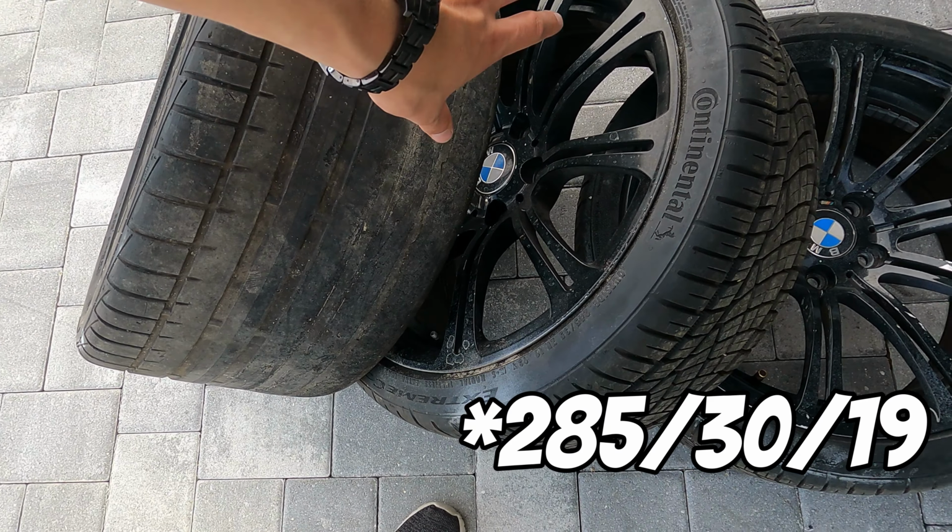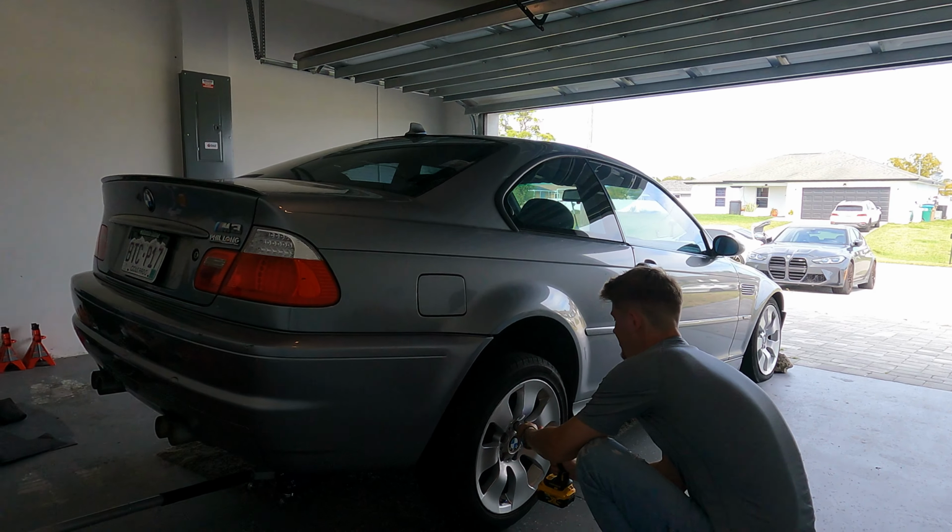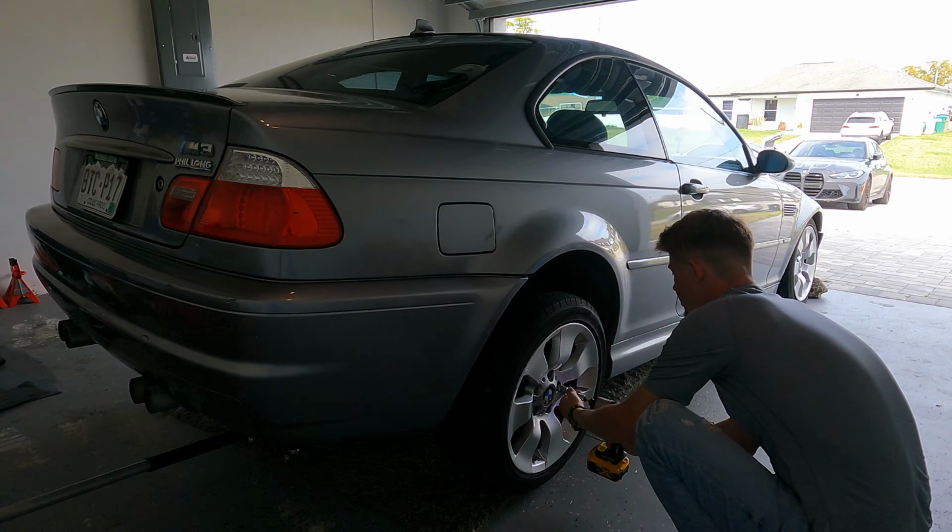With enough air in the sketchy rear tires, we began jacking up the back of the car so we could get these wheels put on and see exactly how they fit. Nice and sketchy. Perfect. Always make sure you jack your car up on carpet with a little skinny jack. Makes it a little more interesting. I would try to jack stand this if I wasn't in a hurry, but